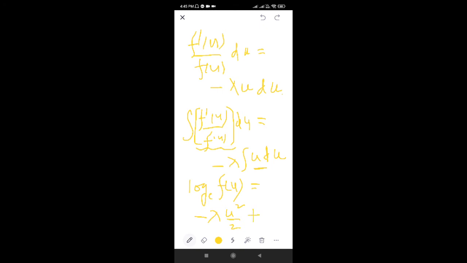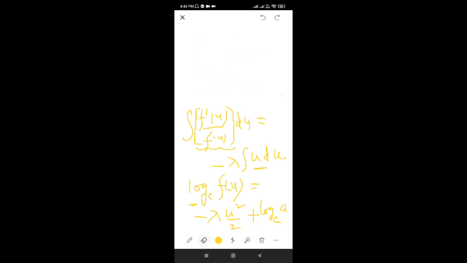Plus, I already told you that this is not the definite integration, so you have to write the integral constant. That may be any constant, but conveniently I am writing this constant as log base e a. A is a constant. Why? Because on this side we are having logarithmic terms. That's why I am writing the integral constant as log a. No problem. A is a constant. Okay, now I am erasing the previous terms.